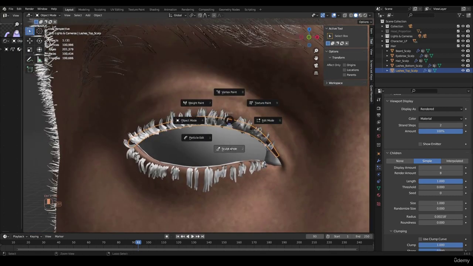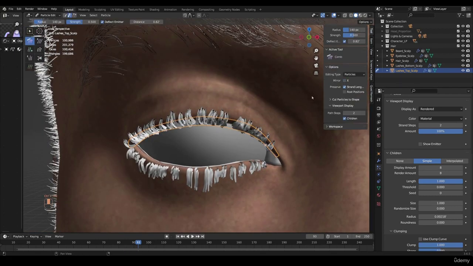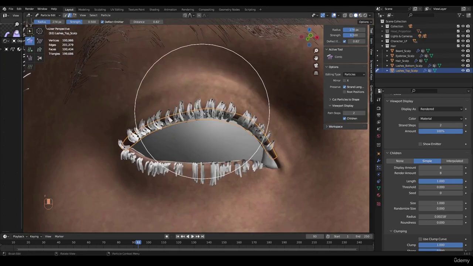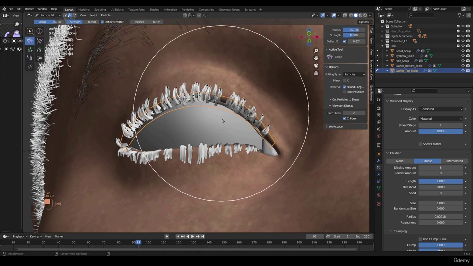But I'm gonna go here and go to particle edit, and I'm gonna turn off mirror. Okay, yeah, so make sure that the root position is off. And yeah, you could quickly lift it up like that, right? But I think